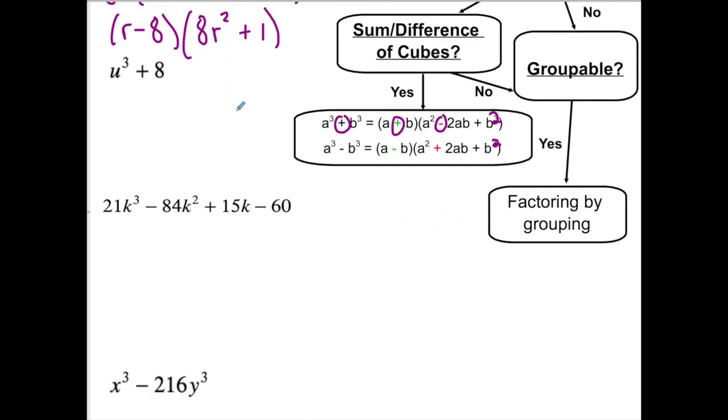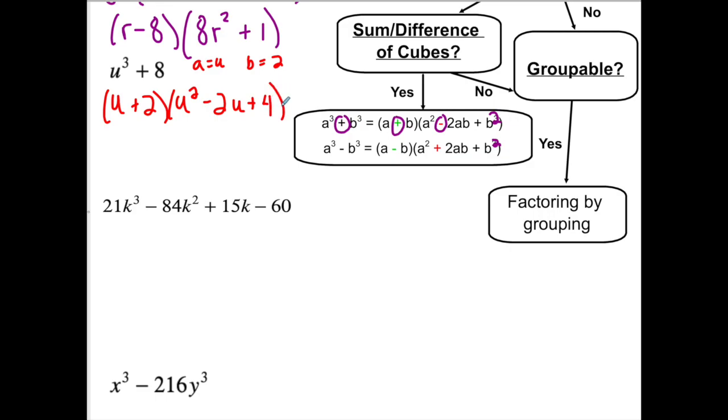The second one is a difference of cubes, rather, a sum of cubes. And remember, I never asked you to memorize this. So what we do is we first figure out the a and the b. The a is u, and the b is 2, because u cubed is u cubed, and 2 cubed is 8. So what I would write this as is same, well, actually, we want to use u. So same, opposite,